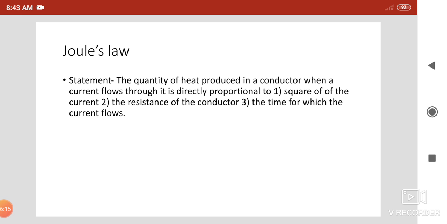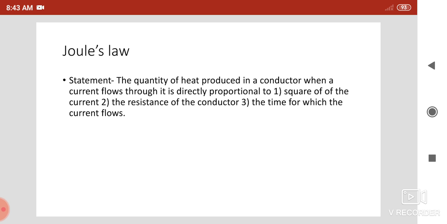Now let us see the heating effect of electric current. When heat is produced in the resistance due to the electric current flowing through it, then it is the heating effect of electric current. Now see, in the previous circuit we have seen that when electric current is passed in the wire, charge Q is transferred from A to B. Because of this transfer of charge, energy is produced as heat, and that heat increases the temperature of the resistance.